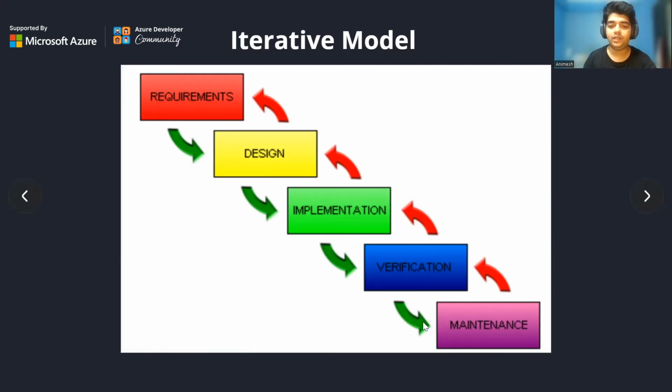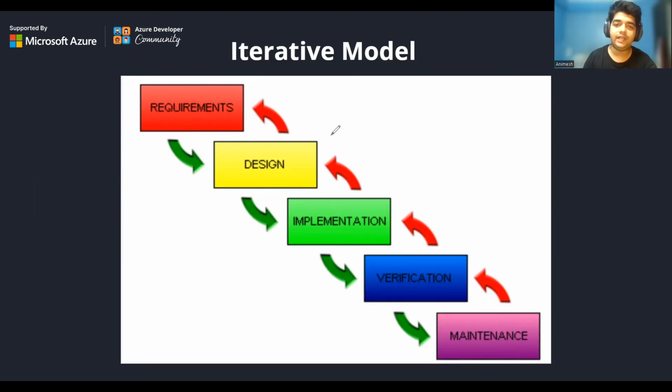So for example, let me start. Okay, so let's start with the designing, right? We have got a basic idea of what we need to design. The SRS is ready, and then we have moved to the implementation part, right? In implementation, we found that the SRS is not complete. It is missing some functionalities, or the functionalities are written in an ambiguous or vague manner, which could cause a problem. So from the implementation phase, we'll send back the SRS to the designing